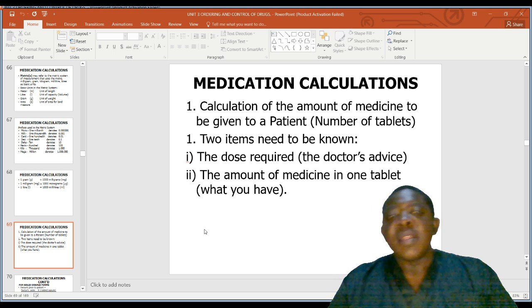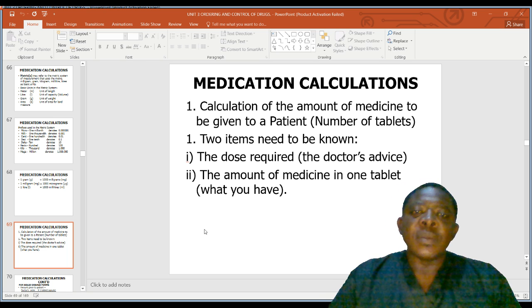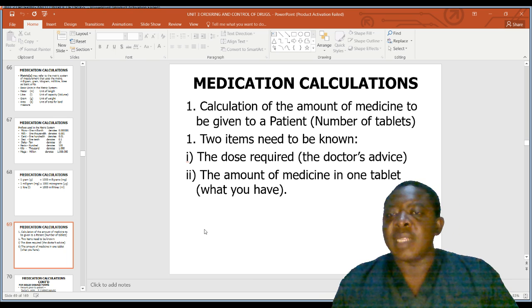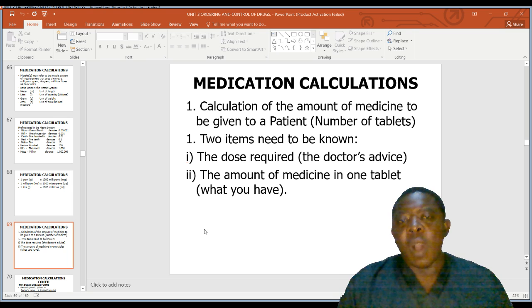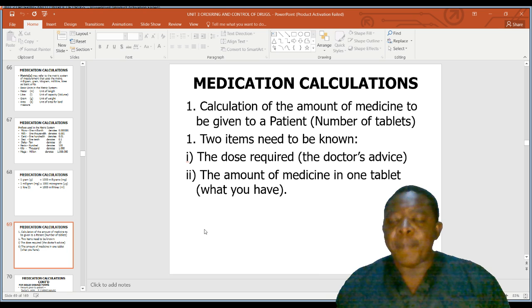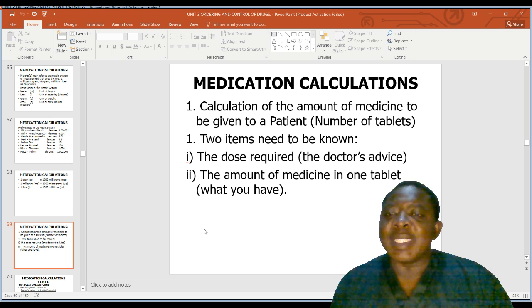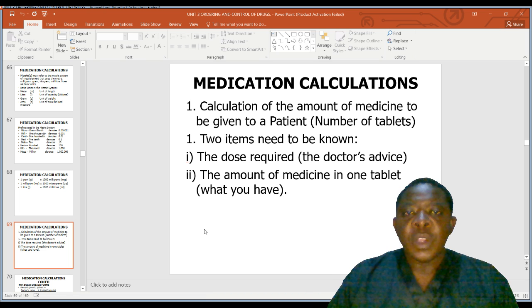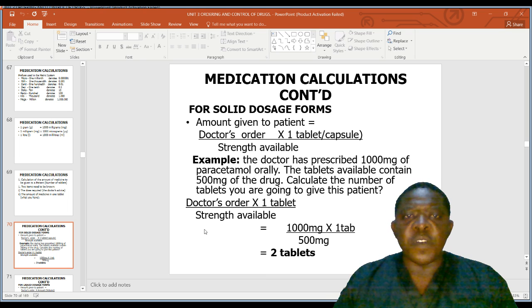of tablets. Then we have two items that we need to know. Those require the doctor's advice, okay, so the dose required, that is the doctor's advice. Then the amount of medicine in 1 tablet, so what you have to give. So the doctor's requirement, that is one part that is going to be used, and then the amount of medicine in 1 tablet, or what you have in stock. You get it? Okay, so to amplify this one, let's say medical calculation, the formula is amount to be